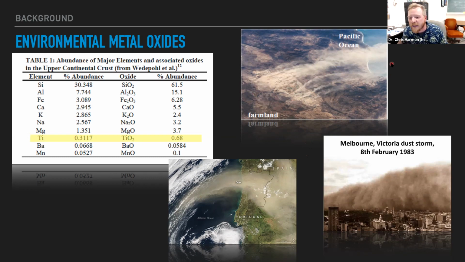So this is farmland, where you can see a large dust storm pushing out over the ocean. Or similarly, you can see this large dust storm interacting with Europe. And so what I'm interested in is how these particles pick up things in the atmosphere and move that stuff